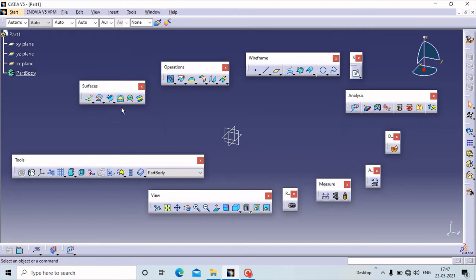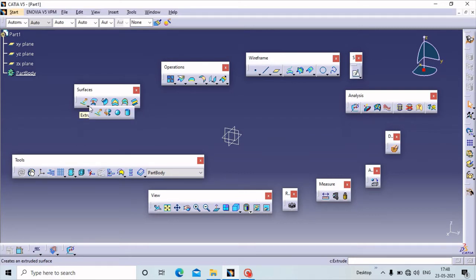Next are some of the toolbars which are used most of the time in the automotive industries. First of all, this is the surface toolbar, and in that surface toolbar there are some commands. First of all, this is the extrude command.